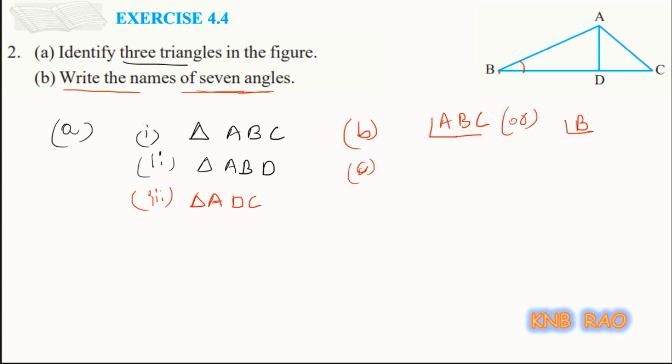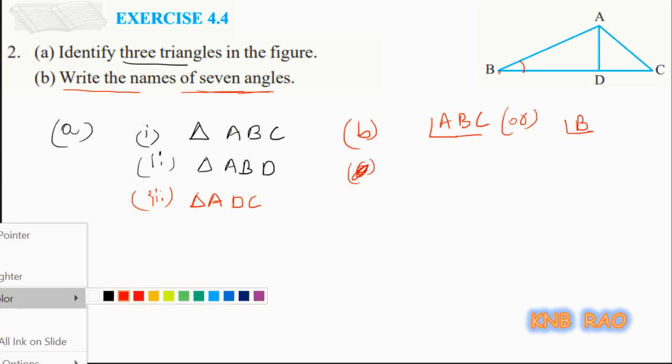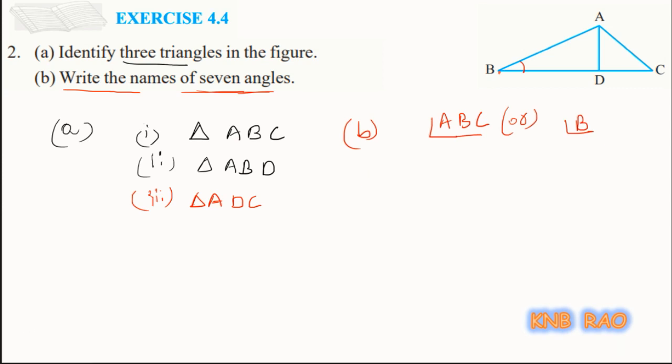Let me write it as sub question. Next, the second angle. Here is one angle at C. So I can say angle ACD or ACB. So this is the second one I am taking. Since it has got one and only one angle at vertex C, it's a simple angle. I can call it angle C with 1-letter notation also.